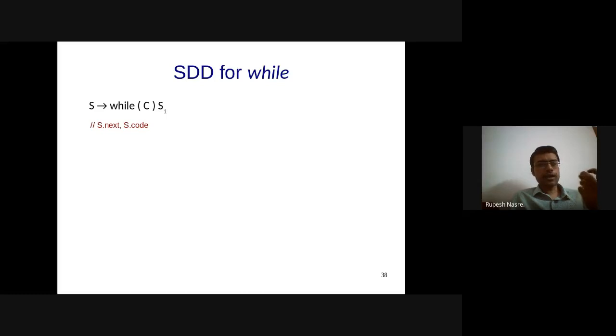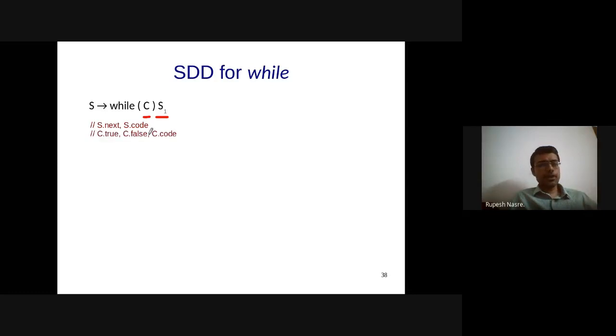So we had s.next and s.code as the attributes for s, and s1.code is available, c.code is available to us, and s.next is going to be available to us, but s.code is the one that we need to generate, right?